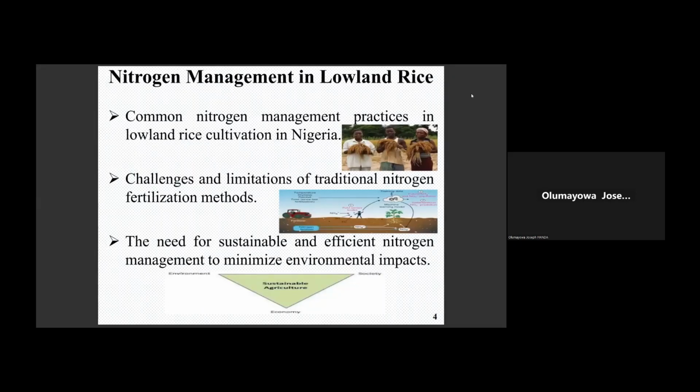Nitrogen management in lowland rice. There are different common nitrogen management practices in this part of the world, Nigeria. We have the use of NPK 15-15-15, which was utilized in this research, and then we have the use of poultry manure as well. There are challenges facing traditional nitrogen utilization in terms of cost and in terms of